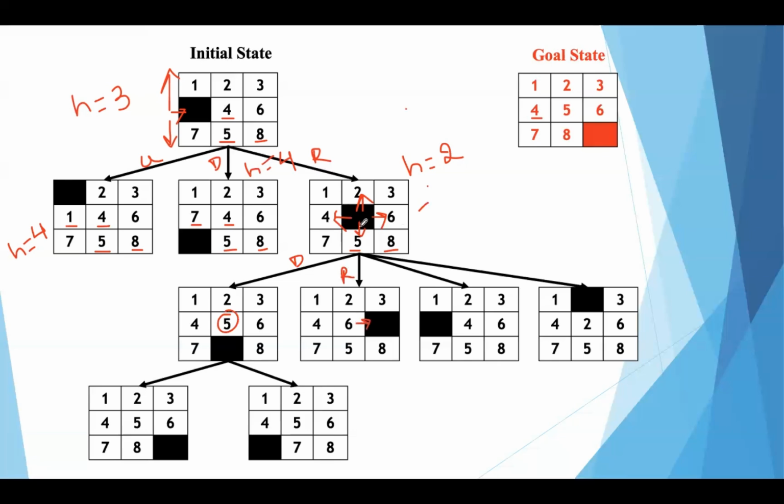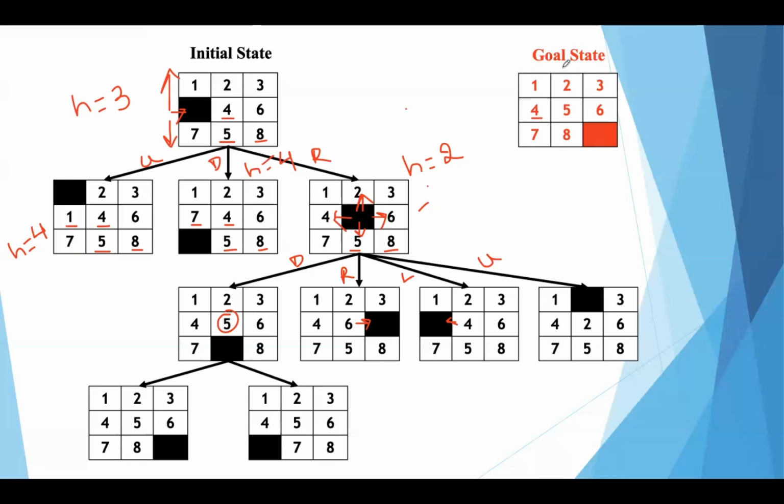And in third case, we are moving this towards left side. So blank space is moved towards left side. And in the fourth case, we are moving this towards up. So after performing all the respective moves,